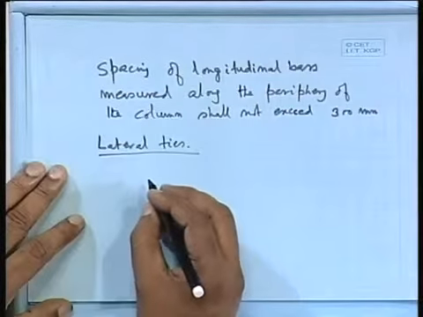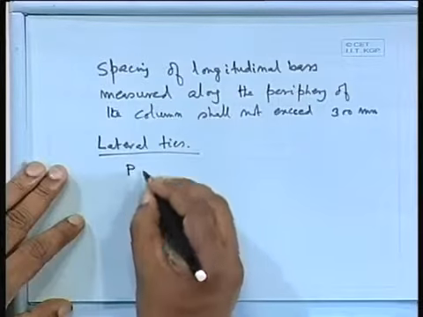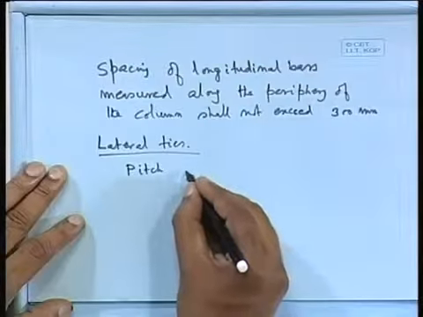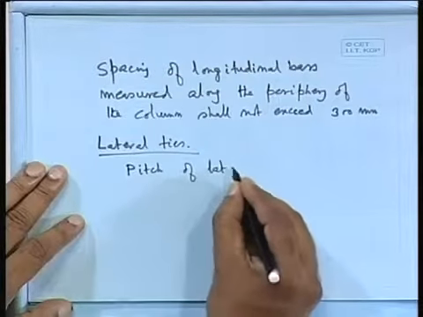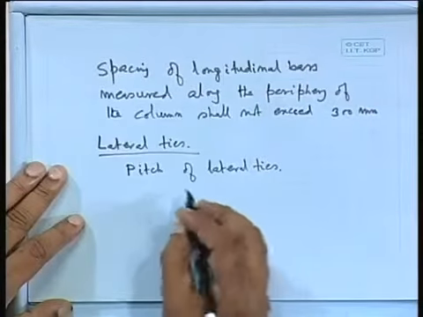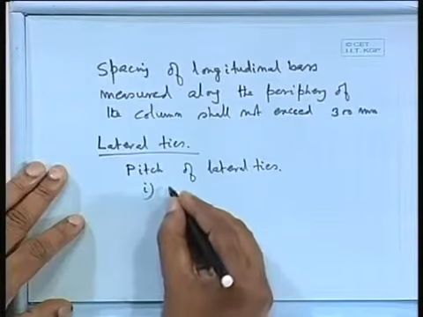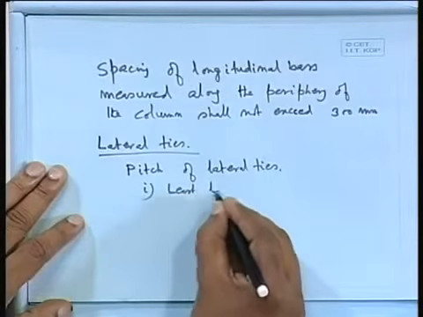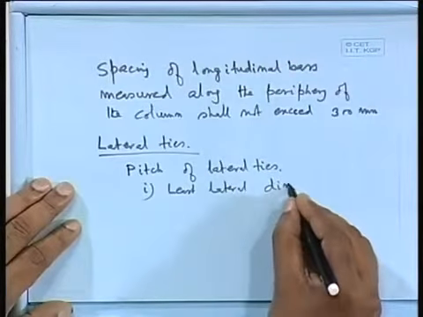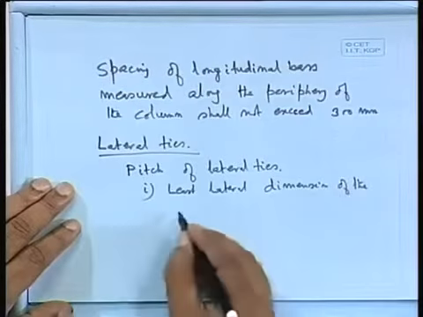So the pitch or spacing of lateral ties: number 1, least lateral dimension of the compression member;